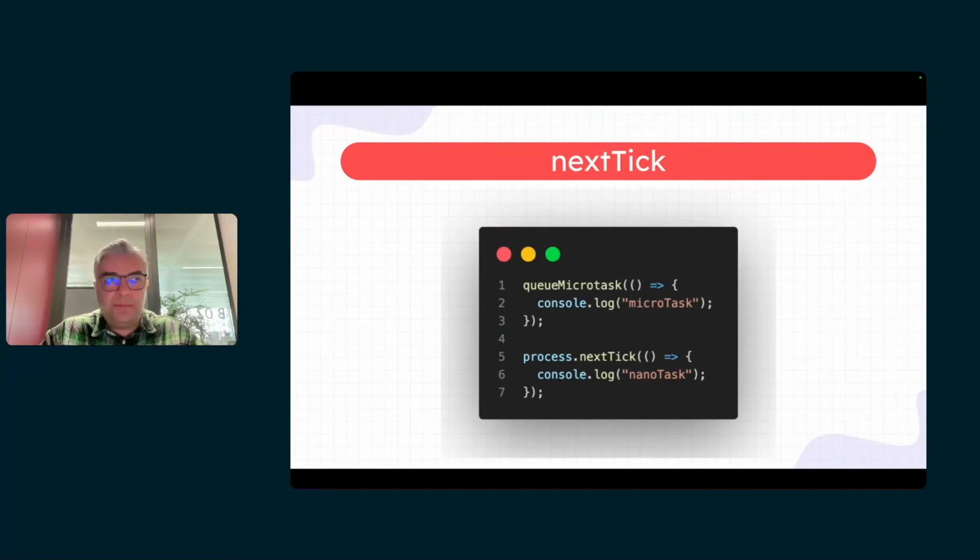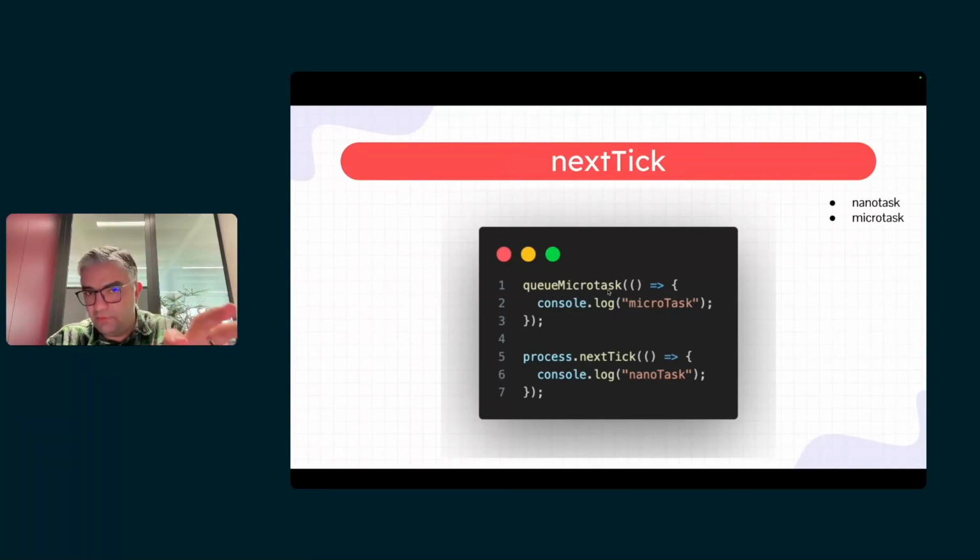And also, in Node.js environment, there is another one, process.nextTick. It has its own queue, and we call it nanotask queue, and the priority is higher. So as you see on line 5, we are queuing a nanotask, and we have queueMicrotask here.